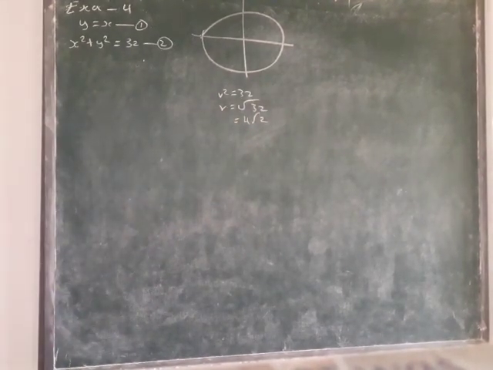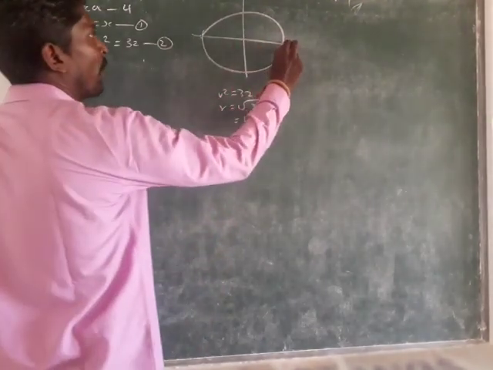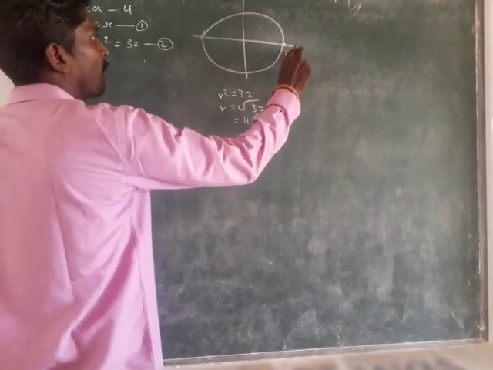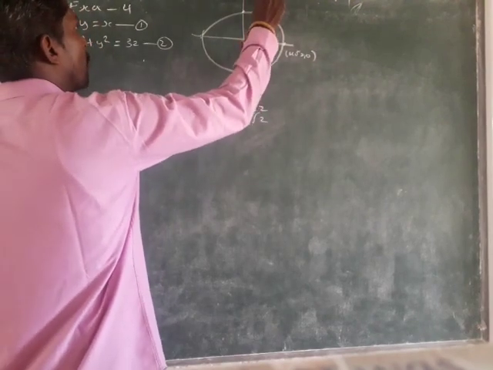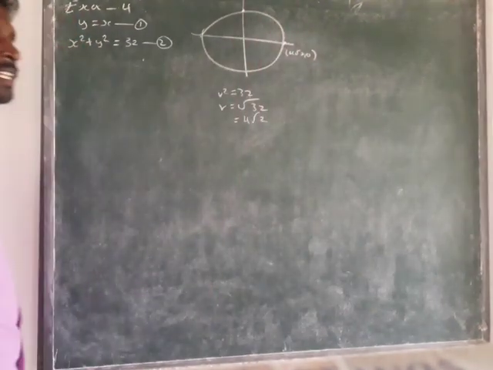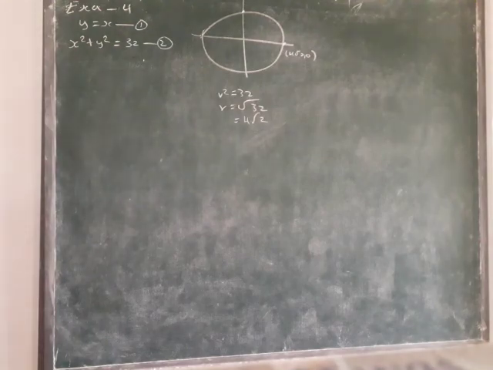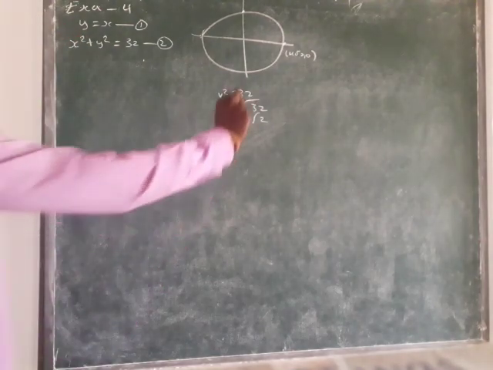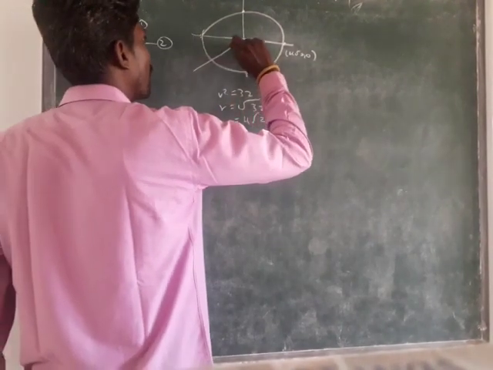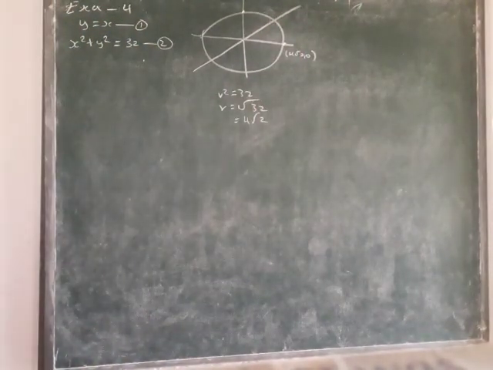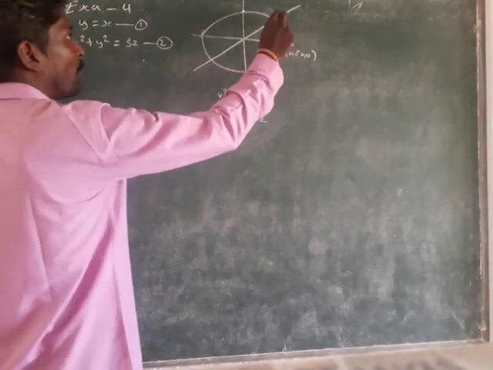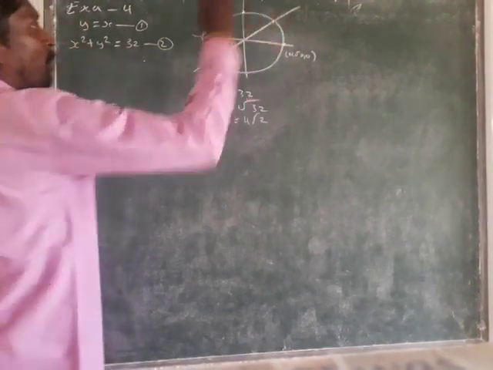Why am I finding the radius? The circle intersects the x-axis at the point 4 root 2 comma 0, and here 0 comma 4 root 2. Just to find the radius, the limit in the x-axis. If y equal to x, the line passes through the origin like that. Next you want to find the point of intersection of the line and the circle, to find the limit. What is that point?